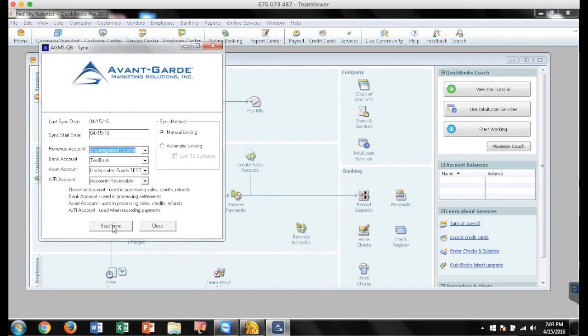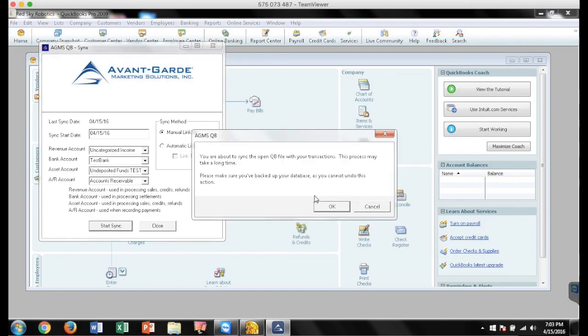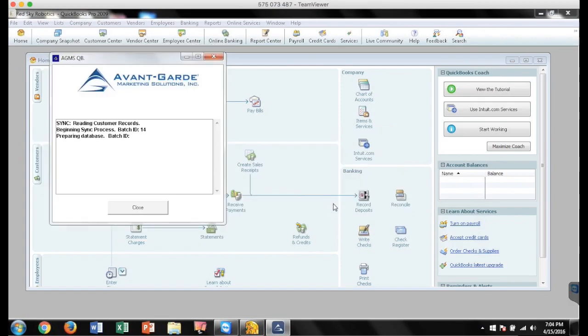We'll open that. We do need to select a revenue account, so I'm just going to go ahead and select that and click on Start Sync. Now we're going to get a message that says this action may take a long time depending on how many transactions you have in the gateway that have not been applied into QuickBooks yet. For us, it shouldn't take very long at all since we only have the one, so we're going to click OK. It'll search the gateway,